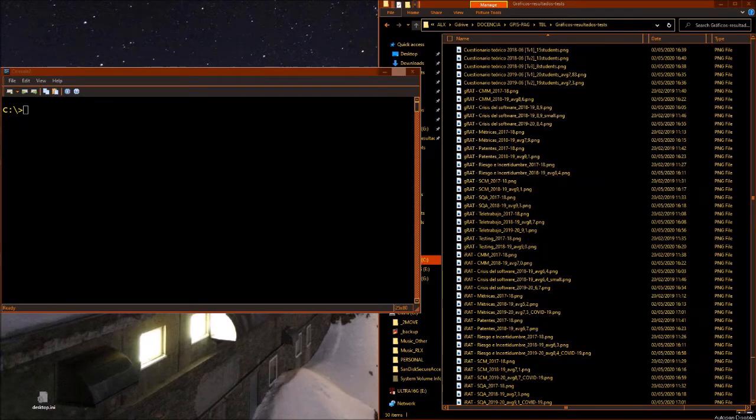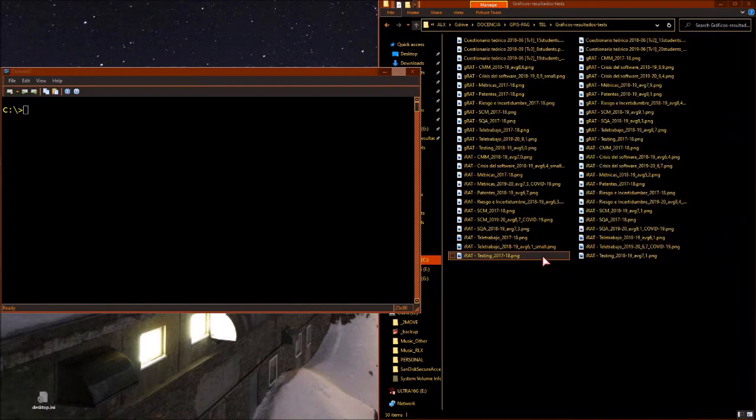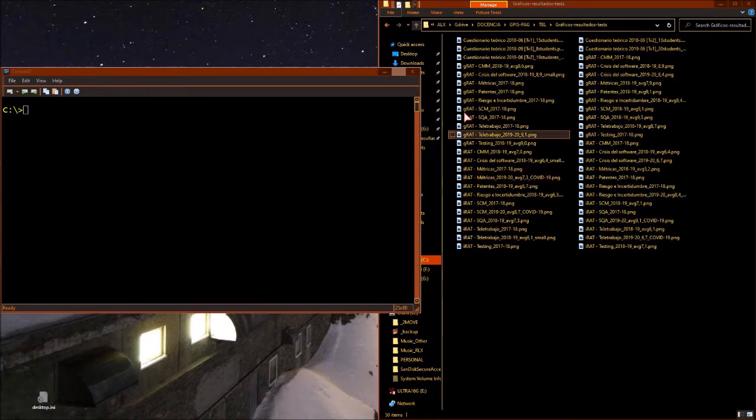Okay, I have here a real case that I think is very useful for a demonstration of how to use a web page to display information in an interesting way that can be compared later. For instance, here I have several images of results of tests applied to a given course. You see that some of them start with JRAT and the others with IRAT.